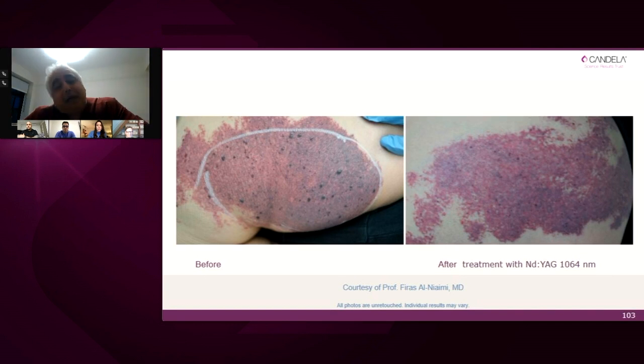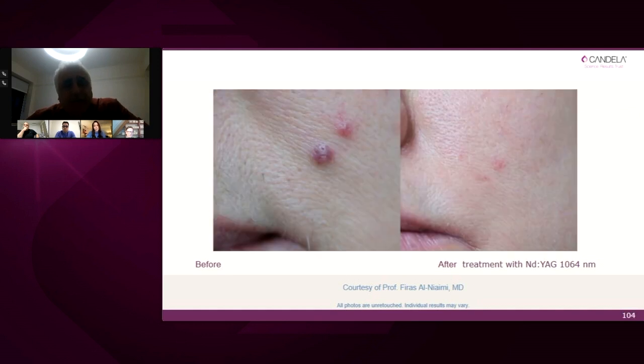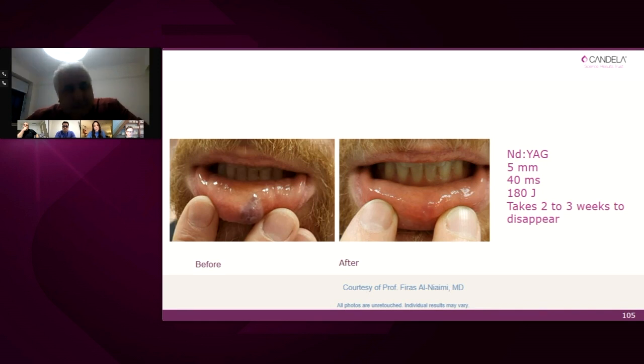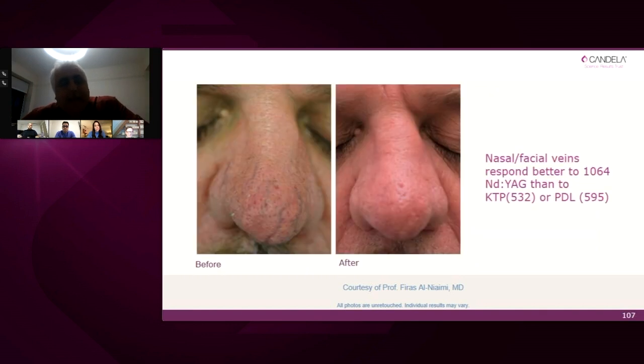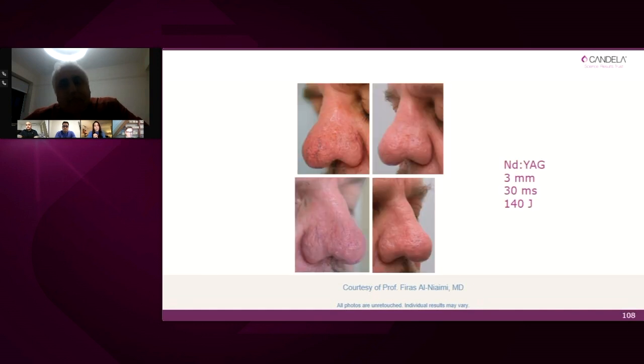And this is where you can combine both the Nd:YAG on a small spot size for the hypertrophic component of the port wine stain, and then you can finish off afterwards with the pulse dye laser. But this is just to illustrate how nicely you can treat the hypertrophic components with the small spot Nd:YAG. Here again, a venous lake that was already discussed by my colleague, Professor Bjerring, so I will skip this. Another venous lake. And these venules, particularly in the nose, they're blue-green, they really are a candidate for the Nd:YAG.